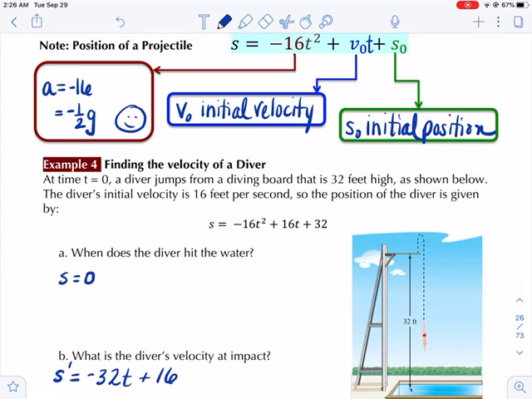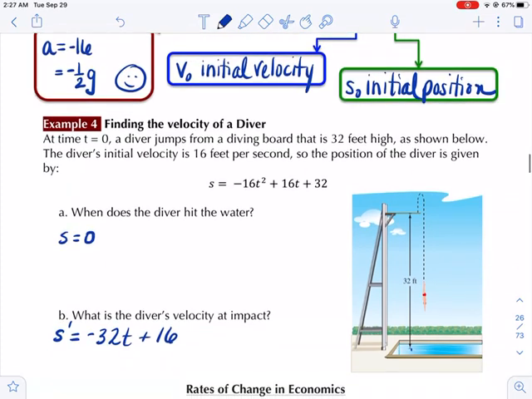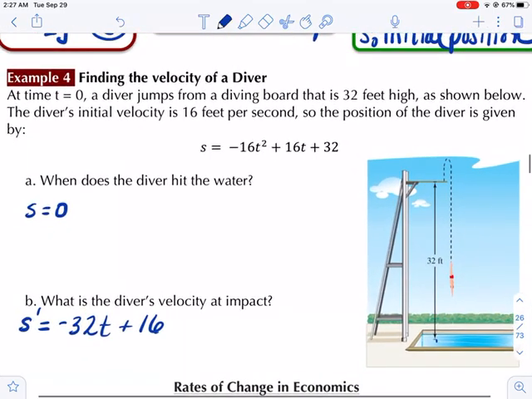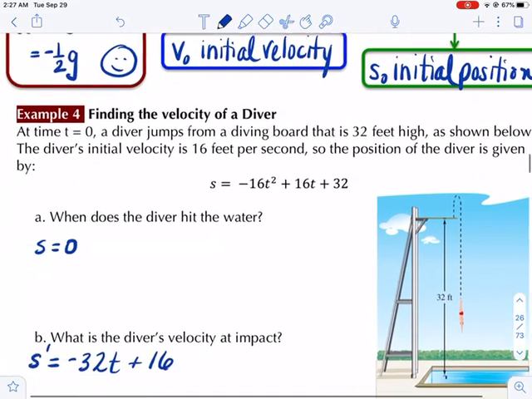Finding the velocity of a diver. At time t equals 0, a diver jumps from a diving board that is 32 feet high, as shown below. The diver's initial velocity is 16 feet per second. So the position of the diver is given by the equation you see there. S is equal to negative 16t squared plus 16t plus 32. So the first question is, when does the diver hit the water? Generally, as a principle of charity, we kind of accept that the ground level has a height of 0, or we're at a 0 level. So we would say then 0